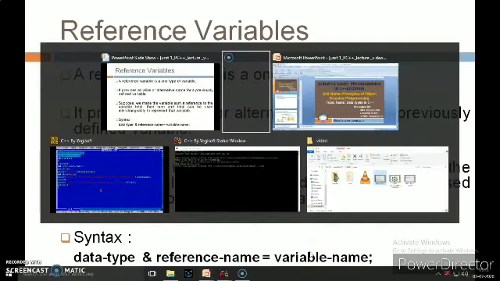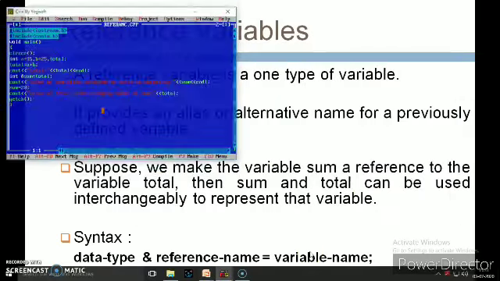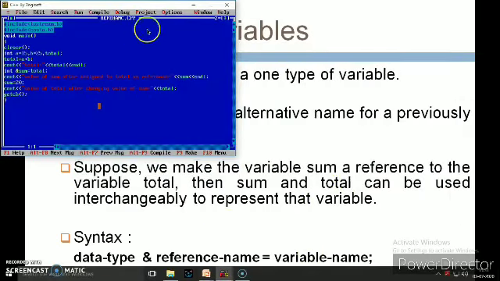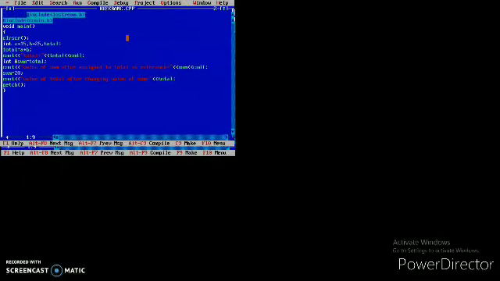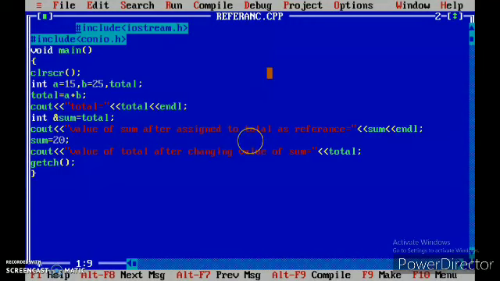Now let's see the program. See, in the program we have declared two variables, a is equal to 15 and b is equal to 25. One more variable is named total.